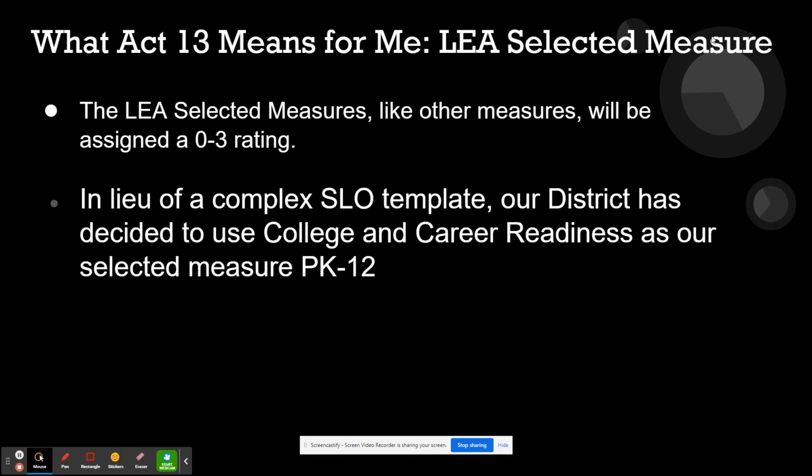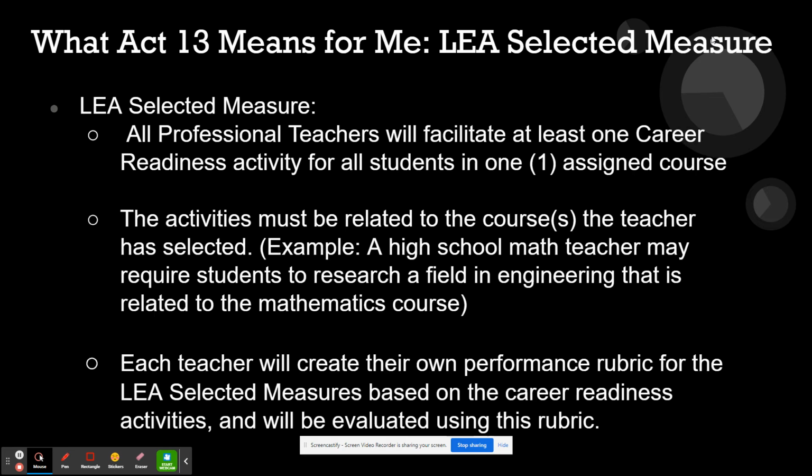So once they do that, the last piece of the puzzle really is the LEA selected measure. So we select a measure that is assigned, once again, a 0 to 3 rating. And we have decided that in lieu of an SLO template, our district has decided to use college and career readiness as our selected measure, pre-K to 12, because that's our focus as a district, to have students at all levels